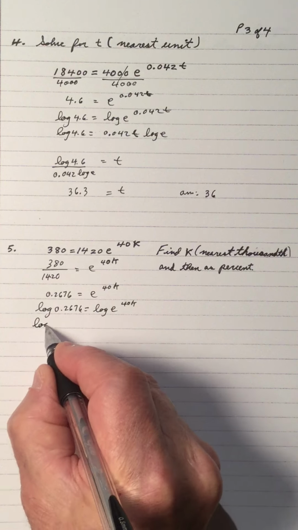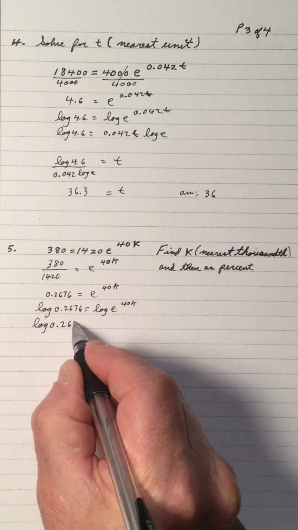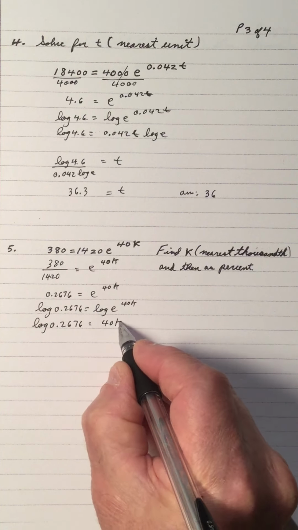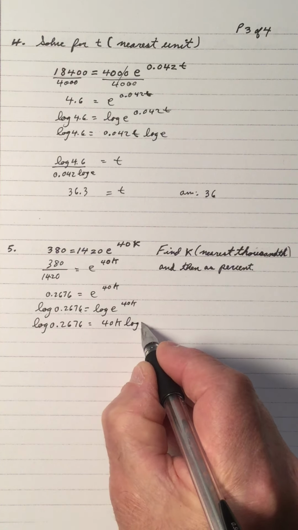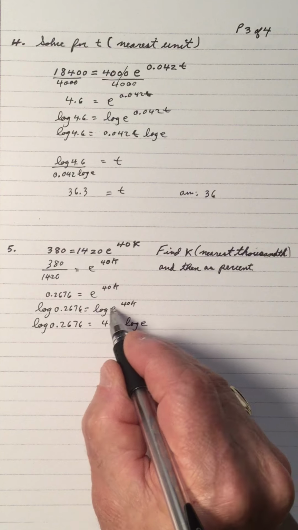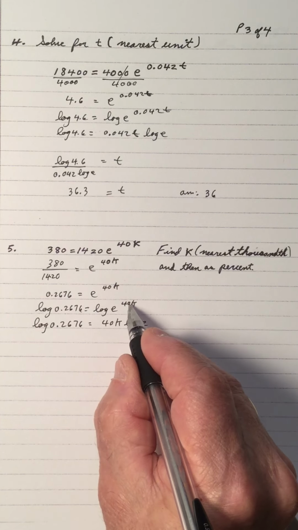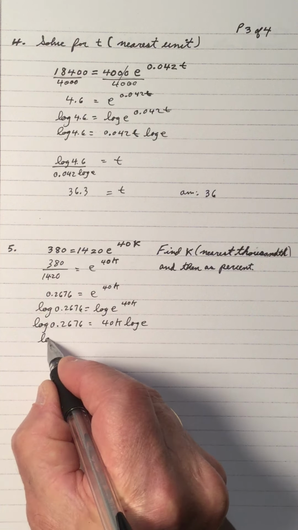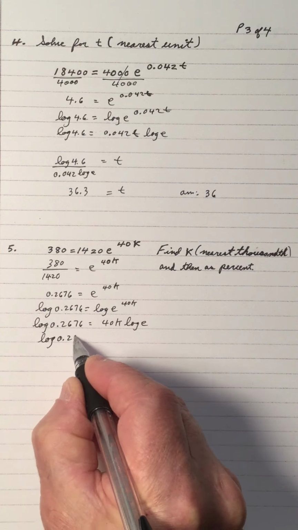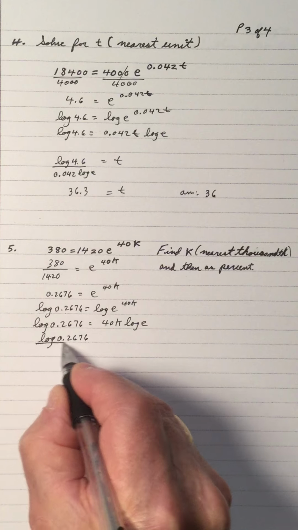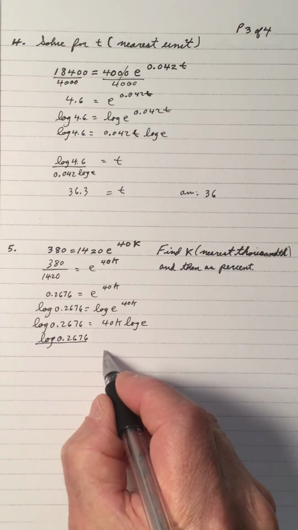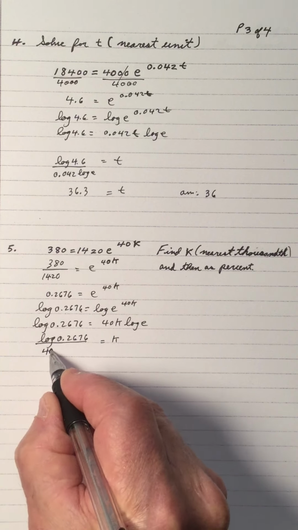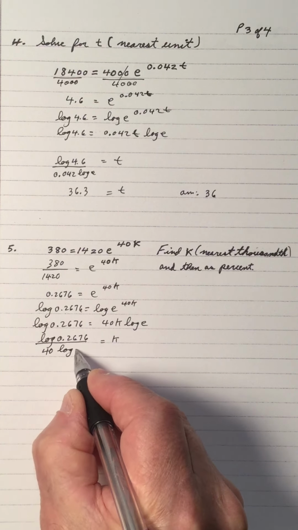So we have the log of 0.2676, and that's 40k log e. Again, we do the log because the k is in the exponent, and the power rule moves it to the front. So now we have the log of 0.2676 divided by k is right there. So we're dividing it by 40 times log e,